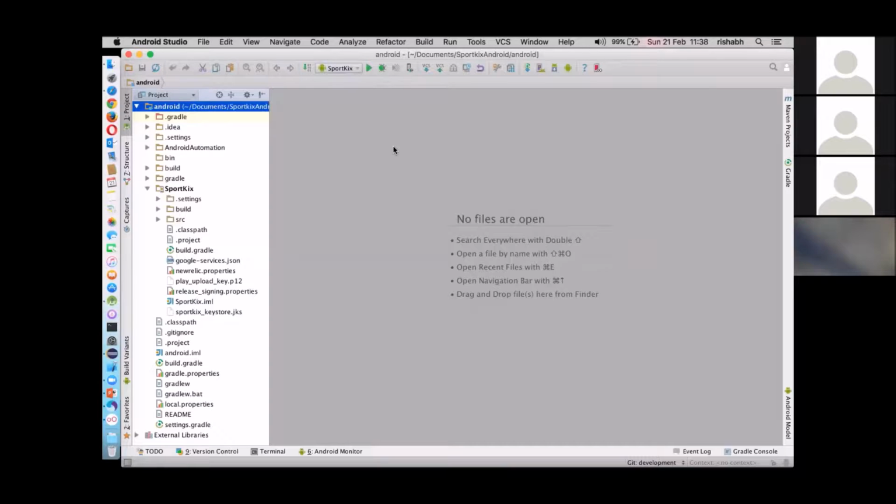Like in the case of Java and other languages, the developers choose Eclipse. Similarly, Google has provided Android Studio, which is the IDE for development of Android. You can develop with other IDEs also, but currently it's the preferred one because it's provided by Google. It keeps updating with new features. It has a really fast environment. So you can download Android Studio. It's available free of cost on all the platforms, say Windows, Mac or Linux, whatever.